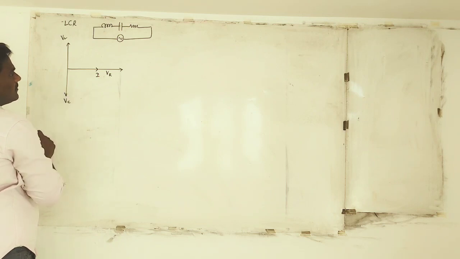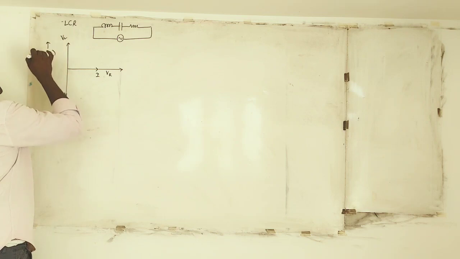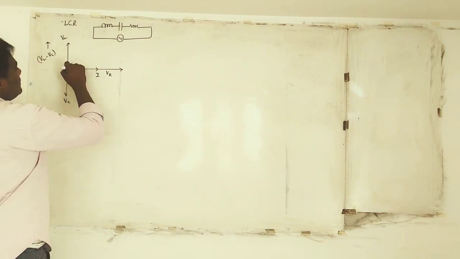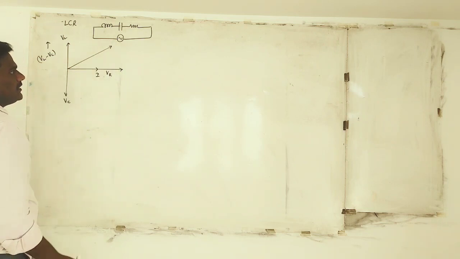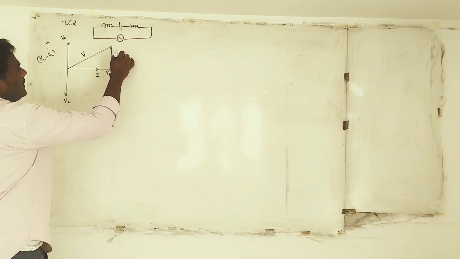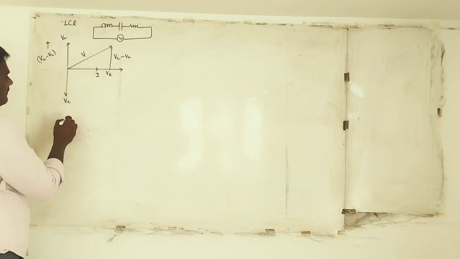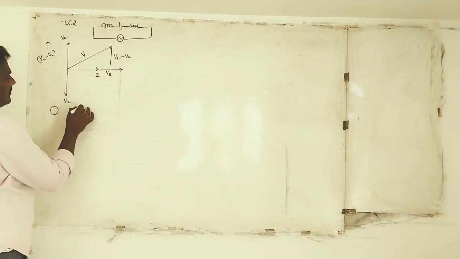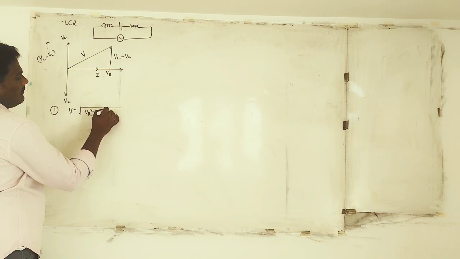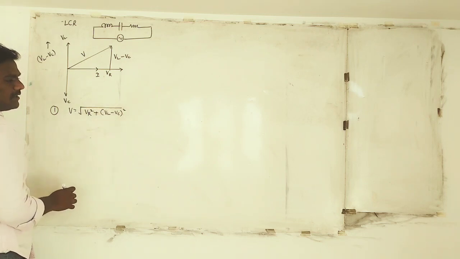voltage in the capacitor. Now I take the condition VL is greater than VC, just like I said in the last session. Then the difference VL minus VC will be along VL. Then this will be the resultant voltage. So if V is the resultant voltage, then using the Pythagoras theorem, this opposite side will become VL minus VC. Then you can write, very first, the resultant voltage is equal to the square root of VR square plus (VL minus VC) whole square.